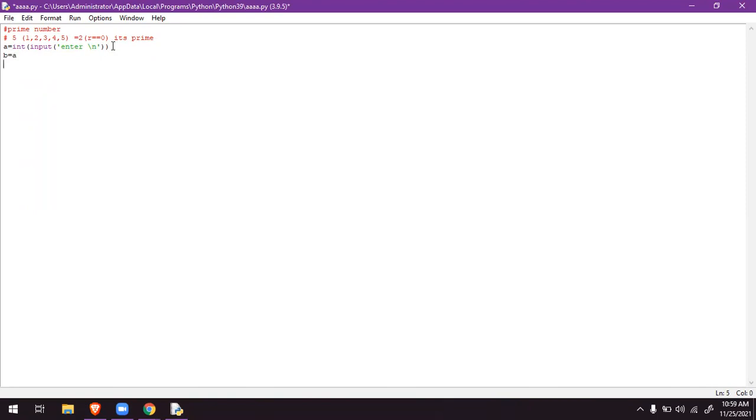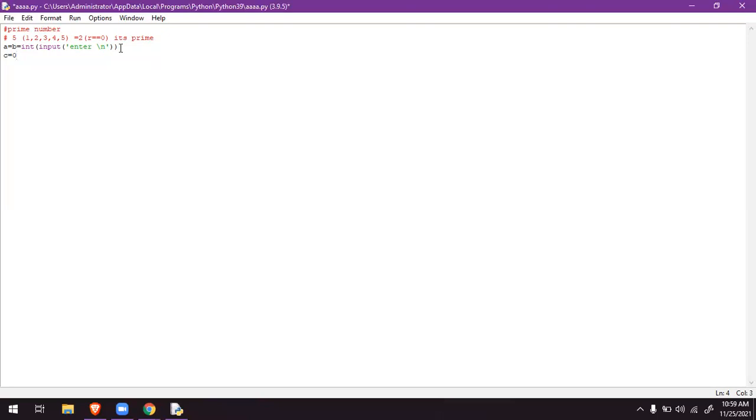Because I'm taking the input, say suppose I'm taking 10 here. In order to do the divisions I have to divide with 10 numbers now, so that's why I assigned it to the variable called b. Or else if you're getting any confusion, you can write like this also: a equals b equals int(input()). It will directly assign the value a equals b equals 5, or the number which we entered.